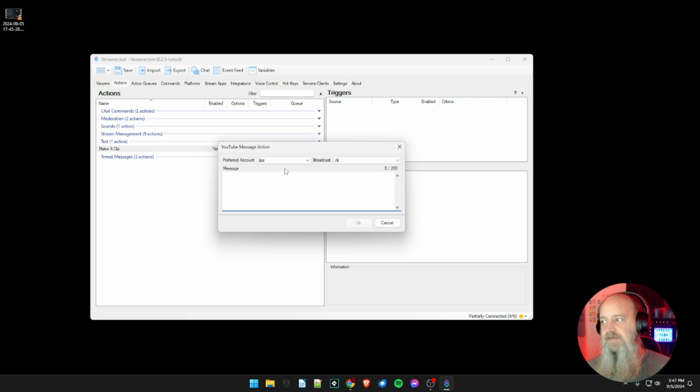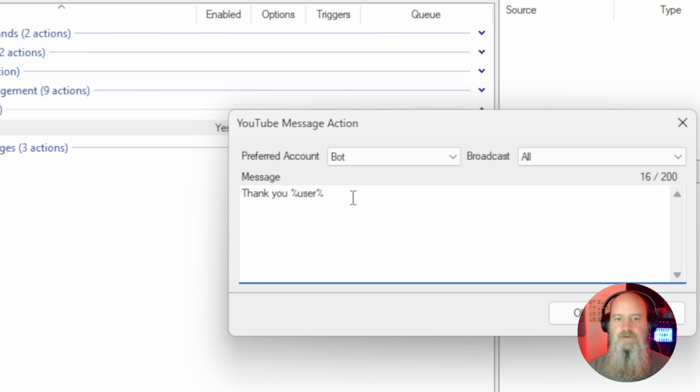This is going to be from my bot account. It's going to broadcast to all broadcasts that are being monitored, and we're going to say, thank you, user. Okay, let me zoom in here so you can see what we're doing. All right, so we're just going to say, thank you, user, exclamation point, your clip